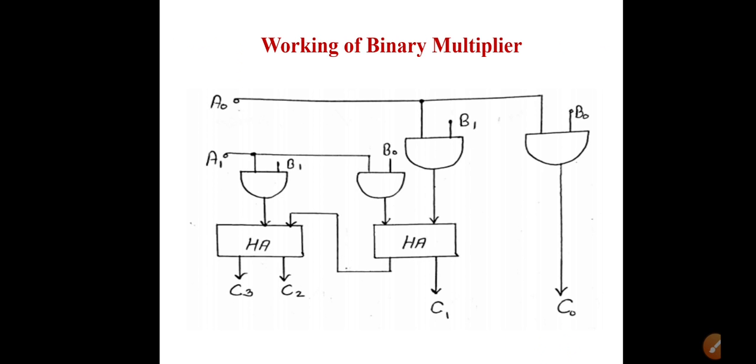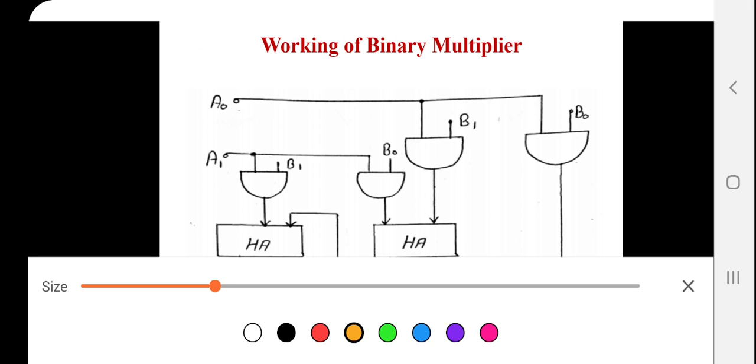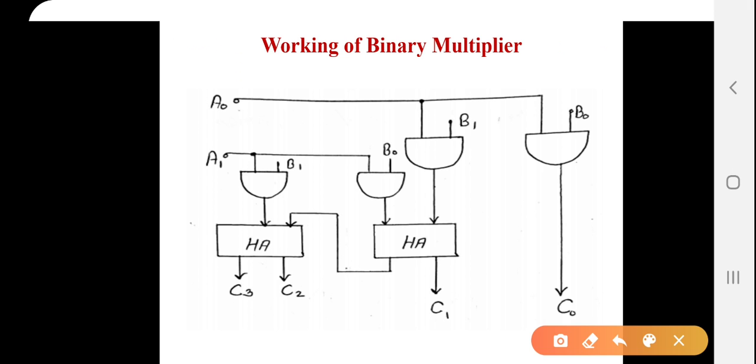Here is the logic circuit of the binary multiplier. With this, we can multiply any 2-bit binary number. So before starting, let me number the given logic gates. Let this be logic gate number 1. This is an AND gate basically. This is logic gate number 2. This is logic gate number 3 and this is logic gate number 4. Please understand all 4 are AND gates,